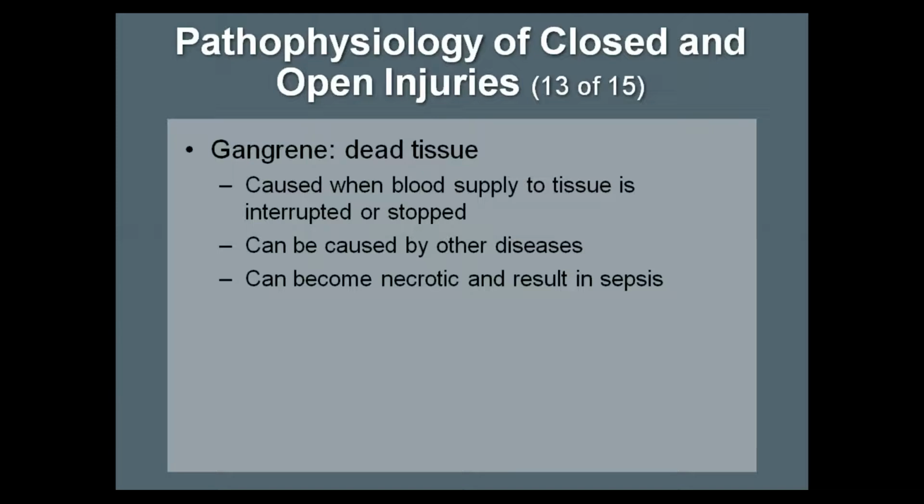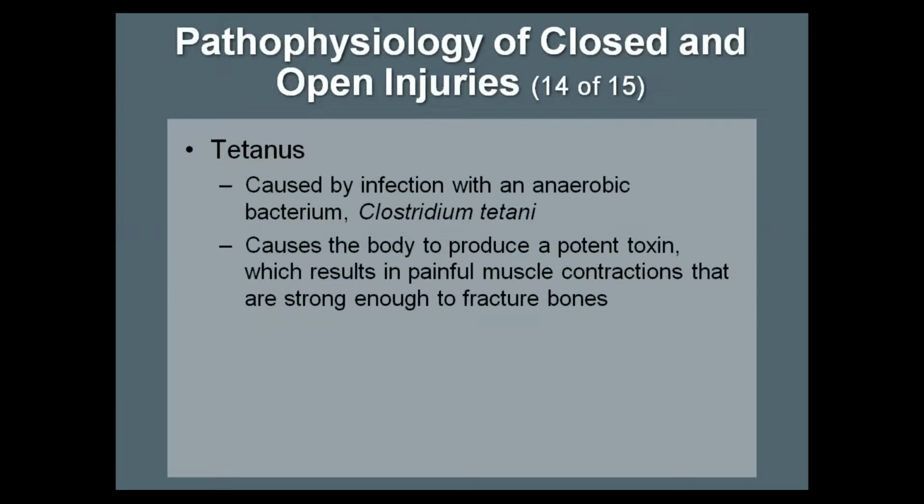Gangrene is dead tissue, caused when blood supply to that tissue is interrupted or stopped. It can be caused by other diseases, and we already talked about it. What are those diseases? Diabetics are huge. And then of course autoimmune, and people that already know they're bacteria resistant. It can become necrotic and result in sepsis. So tetanus is rare but very severe, caused by Clostridium tetani. It's an anaerobic bacterium, meaning it doesn't need oxygen. It causes the body to produce a potent toxin, which results in painful muscle contractions that are strong enough to